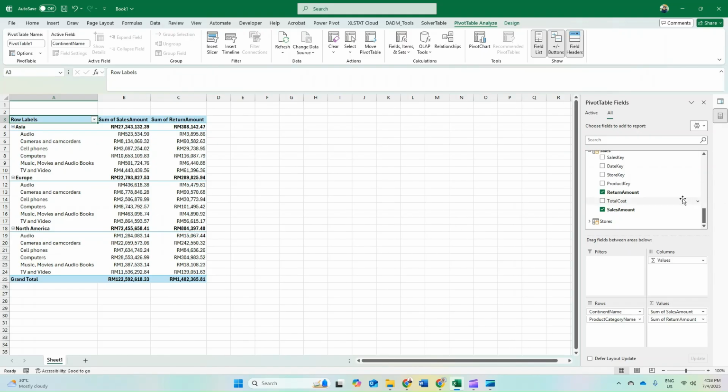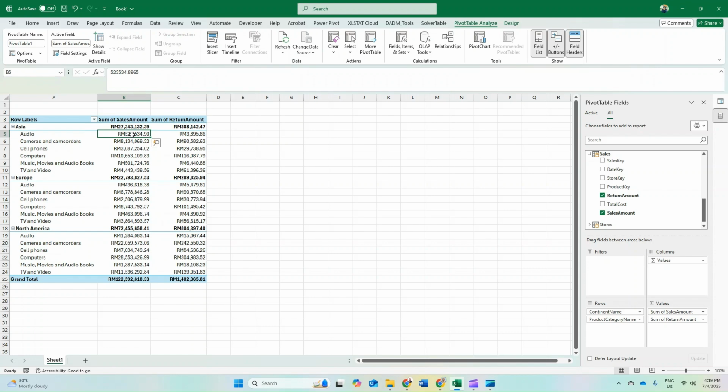So you can create one pivot table from different sources. You see this table is from geography, from product tables, and from sales. So this is a simple business intelligence. You can create from different sources.